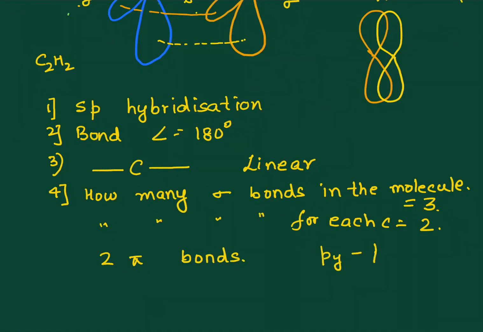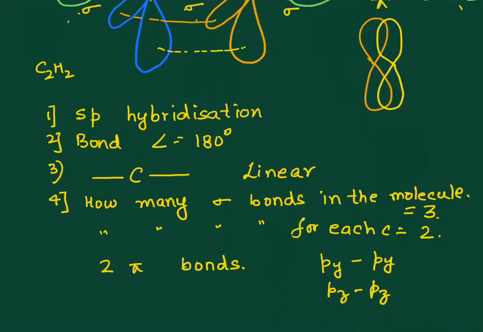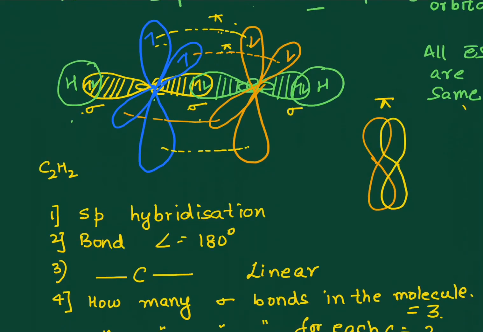Now many a time students are confused. The pi bond is between py, py, pz, pz or px, px. Now you have to understand here that all the 3 are mutually perpendicular to one another. So in case you are taking px as the horizontal axis and py as the vertical one, then pz becomes the one which is again into and out of the paper on which you are writing.